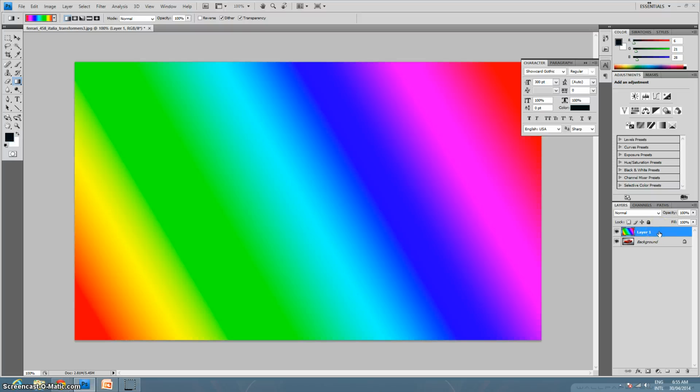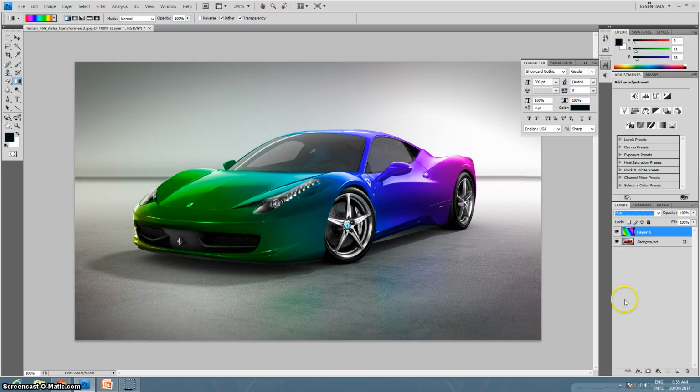Alright, so in order for me to change the blending mode for layer 1, I have to first select layer 1, and where is the blending mode? Here, from this drop down menu. Okay, so I'm going to change the blending mode to hue, for example, and you can see immediately the gradient